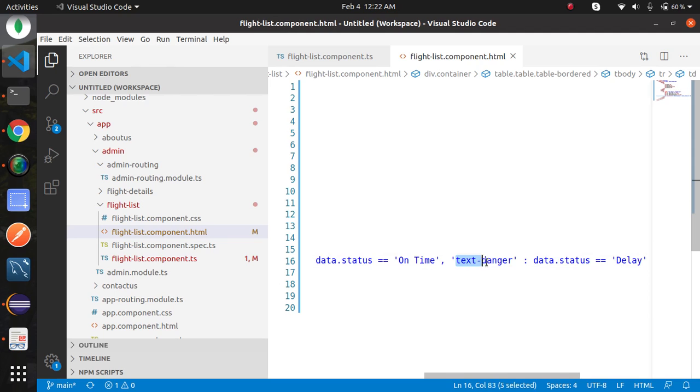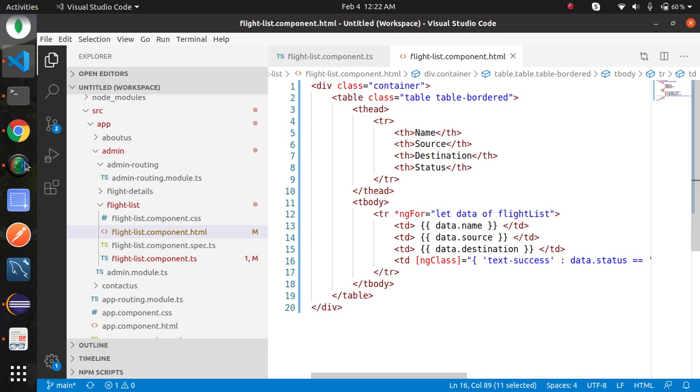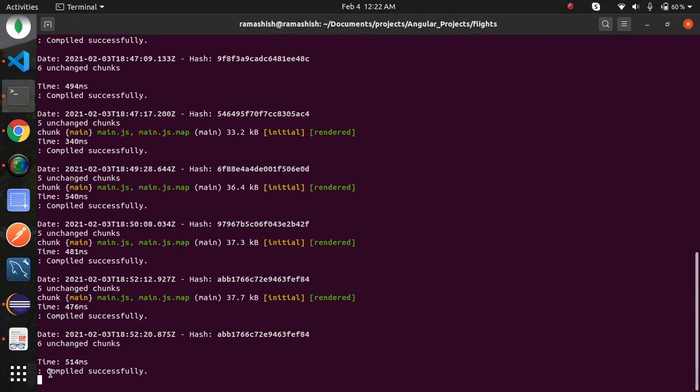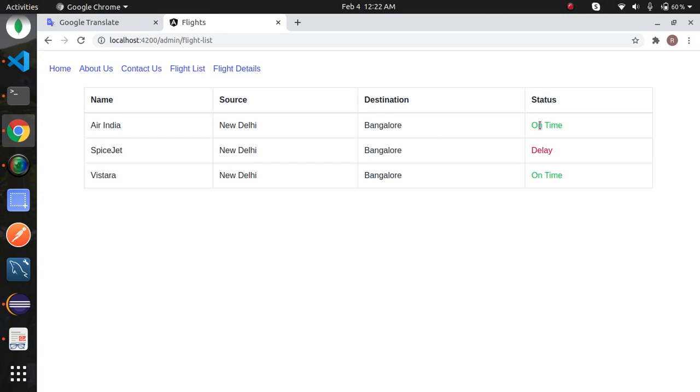Text danger is also a bootstrap class that will show text in red color. Now go to your terminal. Compiled successfully. Now go to your browser, and if you look here, on time text looking in green color and delay looking in the red color. So this way we can use ng class.